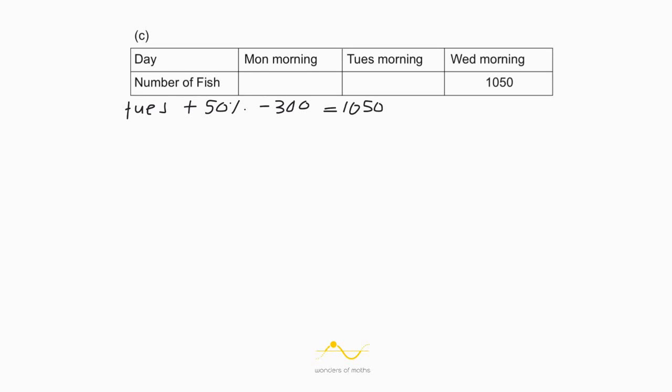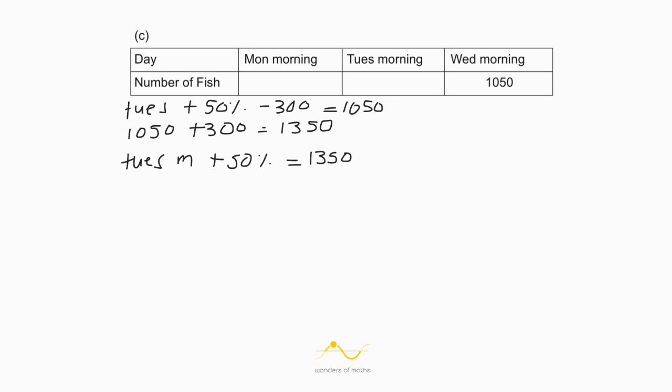If we do 1,050 plus 300, we get the number of fish for Tuesday evening, which is 1,350. We're going to use the block method here, which you may have learned in school, and this is going to make the whole equation seem a lot more simple. We know that Tuesday morning plus 50% gives us